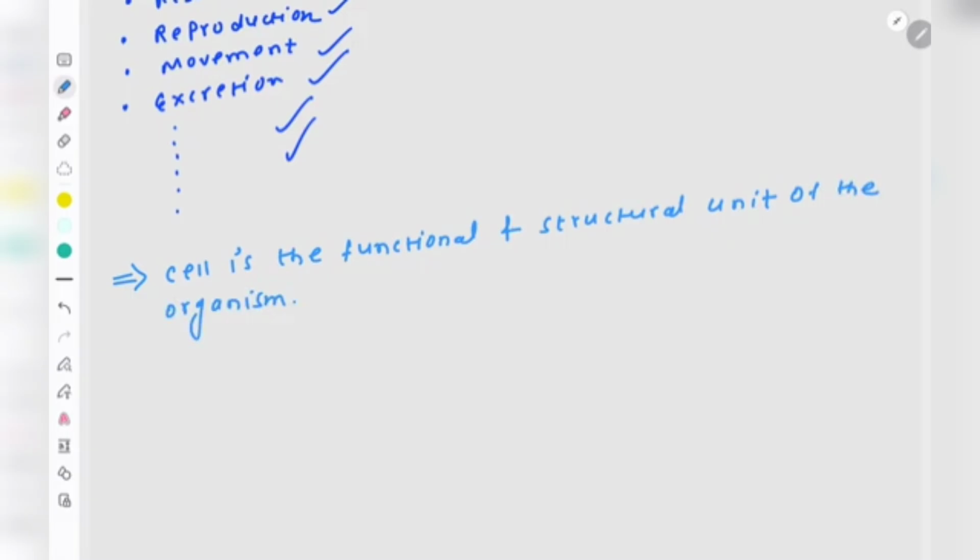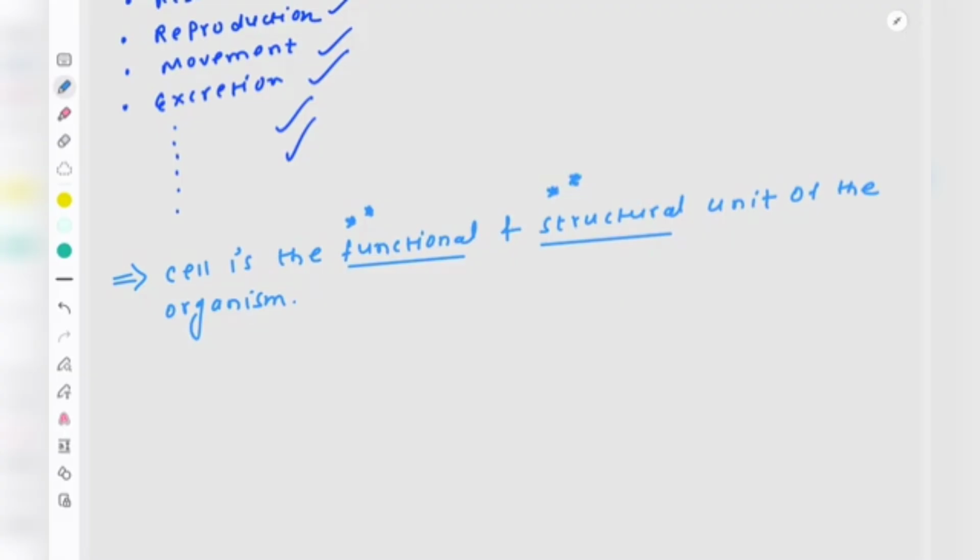Yes, so cell is the functional and structural unit. Now again, let's go to the word. What are the two words which we have to highlight here? Functional and structural. Functional unit simply means that this cell is something which is going to perform some specific functions. Okay, and what is the meaning of structural? That these different types of cells, they are going to combine and then they are going to form a specific